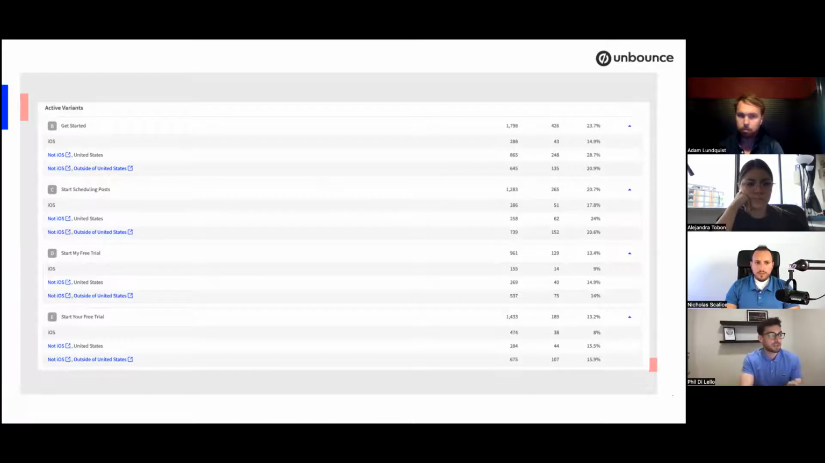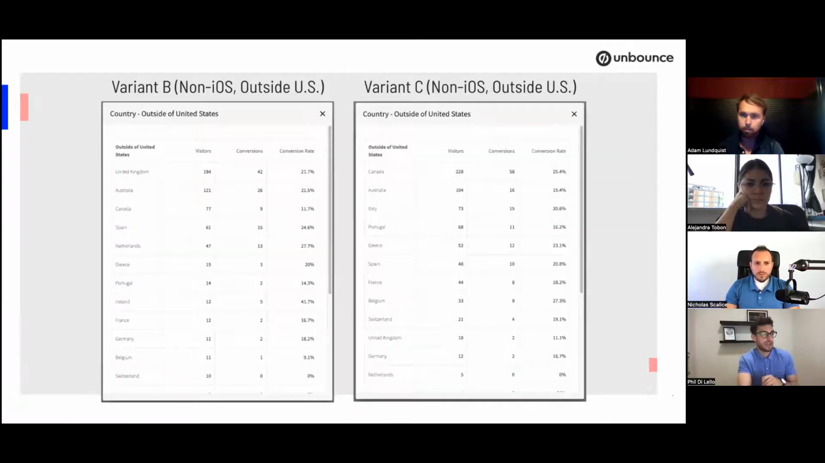And to even go a level deeper, we can click this little pop-out here, which is this little table, and I can see the non-iOS customers outside of the United States numbers. And when I did that, I found something pretty interesting that I wanted to show you guys, right? So on the B variant, non-iOS, outside of the US specifically,